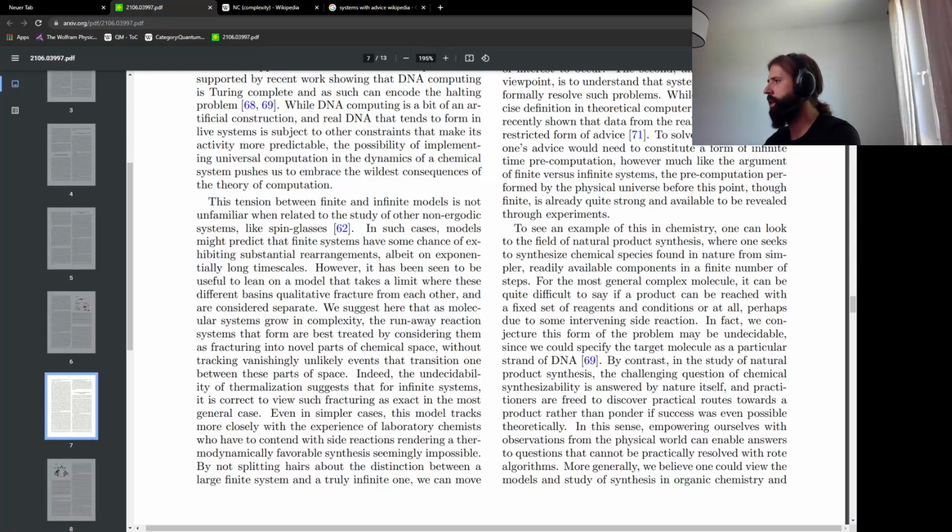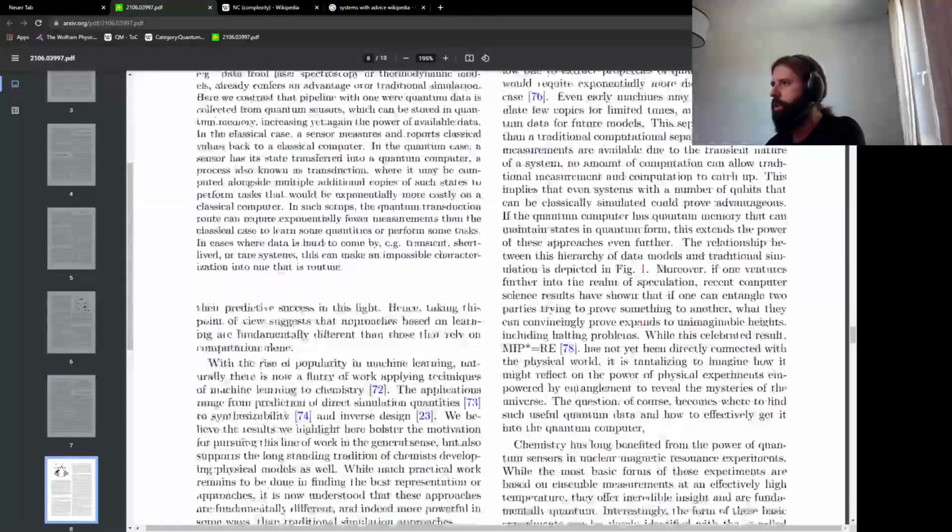And here it's the same. I guess you have a fixed set of reagents and conditions, and so you can apply all the combinations and then see what happens. I guess that's what they mean by that nature shows you. Okay, I'm not so sure I grasped the analogy completely here, but let's go ahead.